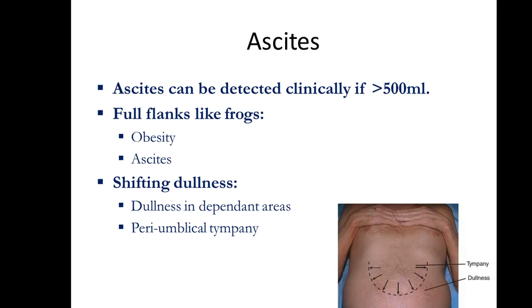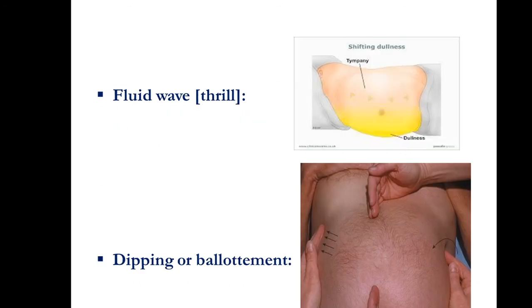Also, we use the percussion technique to detect ascites. Ascites is accumulation of fluid in the abdominal cavity. It may be detectable if fluid is more than 500 milliliters. During observation, you can find full flanks like a frog. It may occur because of obesity or because of ascites. Very important to detect the level of fluid if accumulated. For example, fluid can accumulate in the abdominal region due to liver cirrhosis, or maybe due to congestive heart failure, and